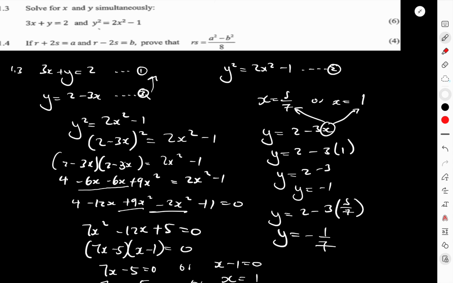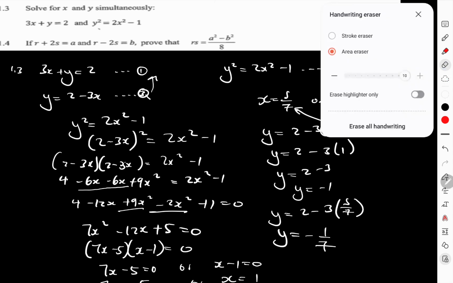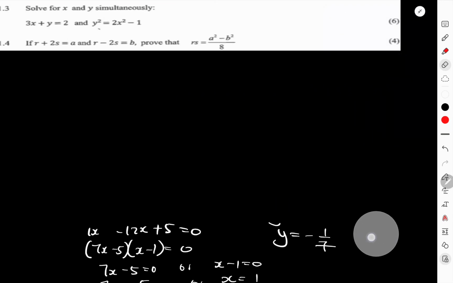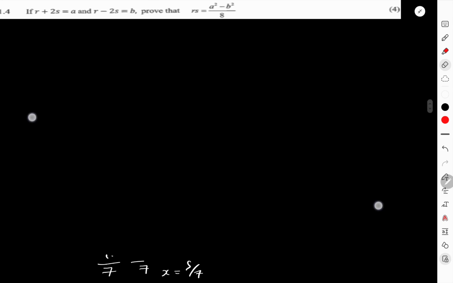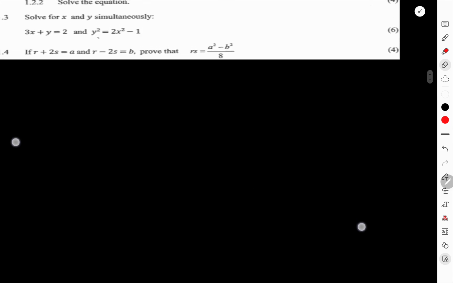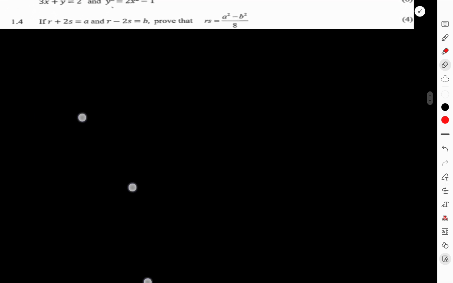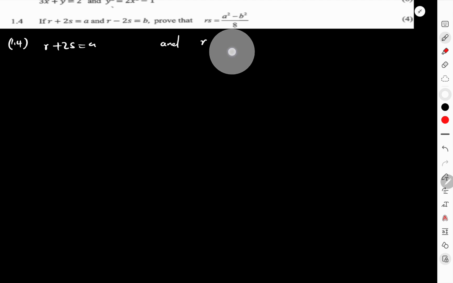Now let us go into the last question, which is question 1.4. Question 1.4 is usually the kind of question whereby we are leaving our answer, or here it's a proof. We are required to prove. So in 1.4, we are given that r plus 2s equals a, and r minus 2s equals b. So we are required to prove,